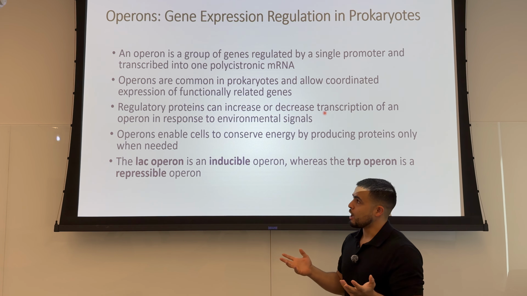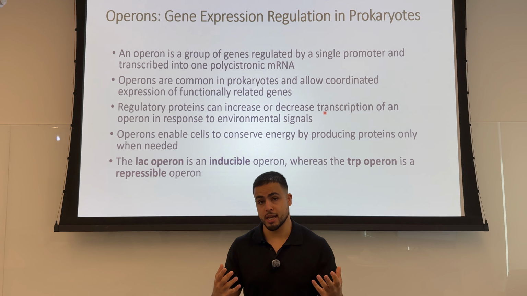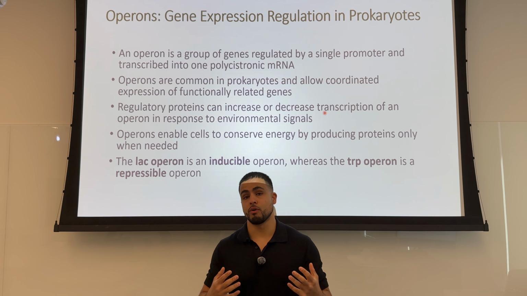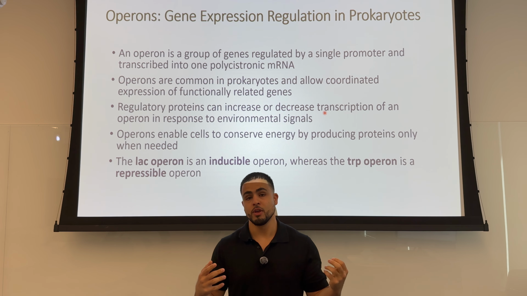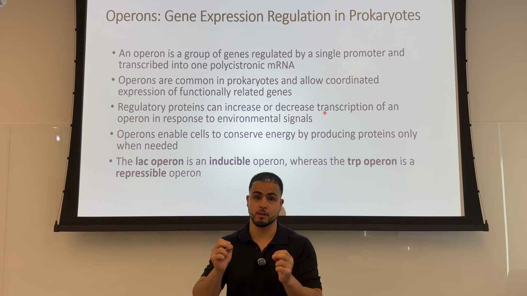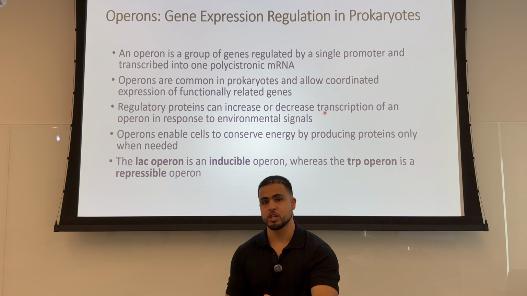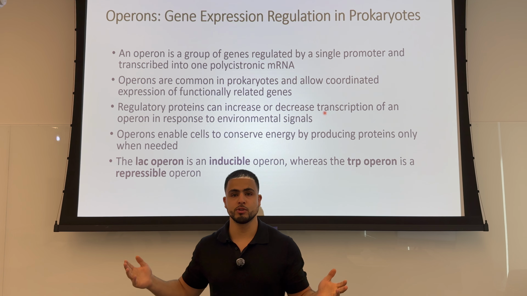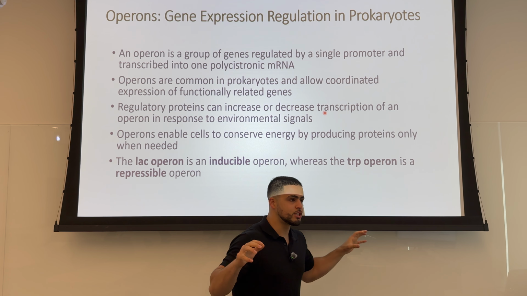So as we'll see, for example, you have the lac operon involved in the metabolism. So all the enzymes involved in the metabolism of lactose in a bacteria, for example, or the synthesis of tryptophan, that's another operon. So these will be related. All the enzymes involved in the synthesis of tryptophan will be on the same operon. And the idea there is that if you want to shut it down, it makes sense to shut the synthesis of all these proteins down because, for example, you have enough tryptophan, so you don't need to synthesize more,